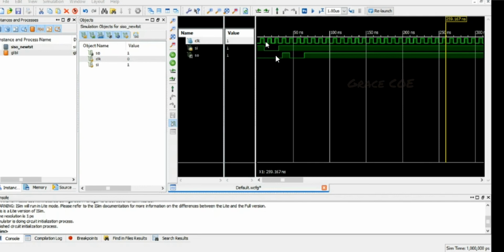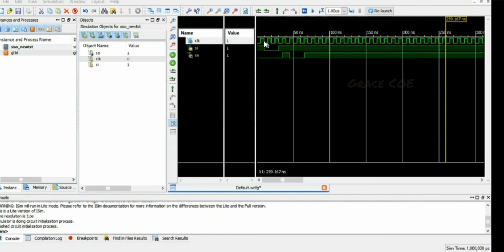So now the SISO shift register, you can see, even though we have given the value of 1, that is the first input bit which was given as 1, in order to receive that input at the output of the fourth flip-flop, it takes almost 3 clock pulses.